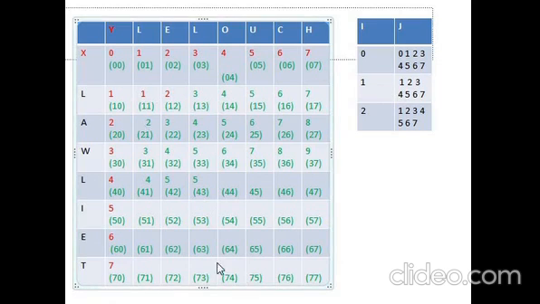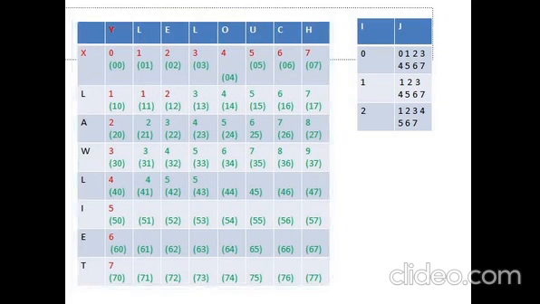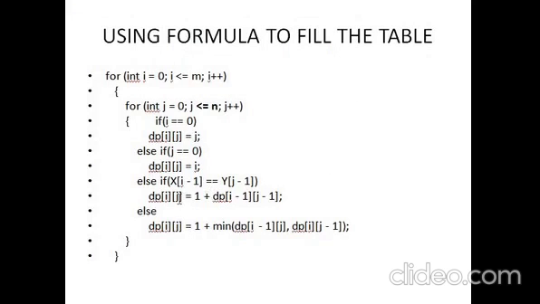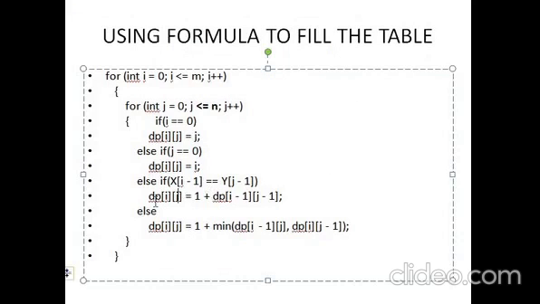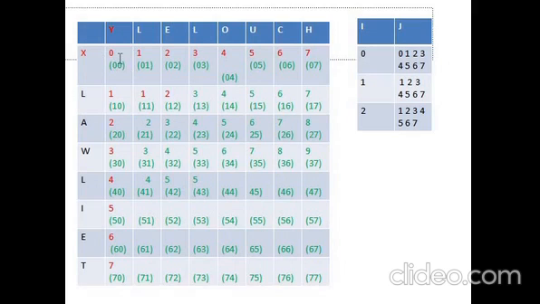So to fill these things which don't have i or j equal to 0, what we do is we have to consider the elements L and L. Okay, are they same? If they are same, what we do is we fill the matrix, DP is the matrix here, with 1 plus the diagonal element, i minus 1, j minus 1, as I said before. So 1 plus the diagonal element here, which is 0. So 1 plus 0 is 1.